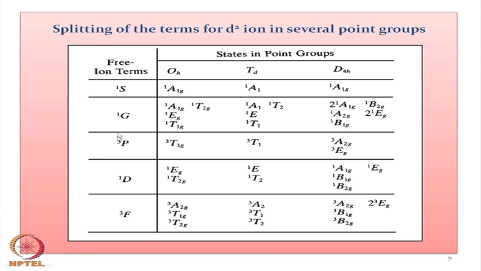These are the possible free ion terms, and depending upon the L value and the S value, the ground state is 3F. For d2 and its corresponding hole equivalent d8, we have the same free ion terms. And if we put these free ion terms in different point groups,